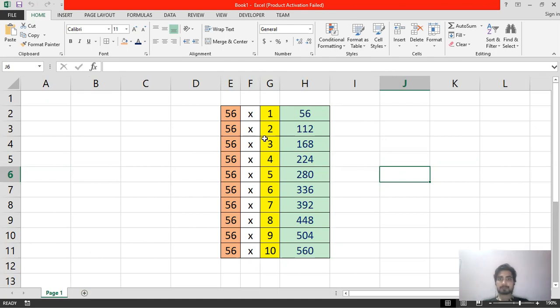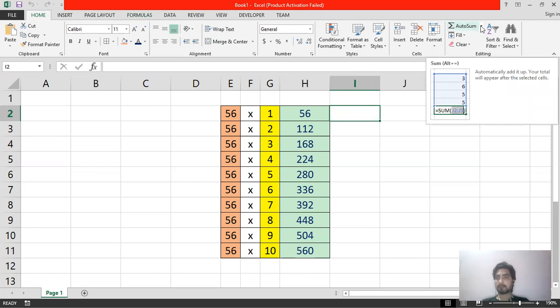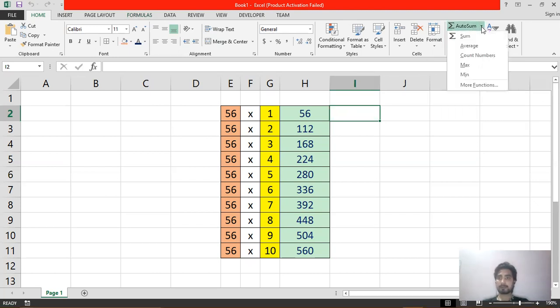Now you can even use the auto sum formula or auto sum feature for doing calculations instead of writing the formula manually. For that, just select the cell where you want to insert the auto sum formula. You can go in either the home tab or the formula tab, because at both places the auto sum option is available. Then click on the auto sum option. We are in the home tab only and we are clicking on the auto sum option. Then select which type of calculation you want, and according to that, the formula will be inserted.